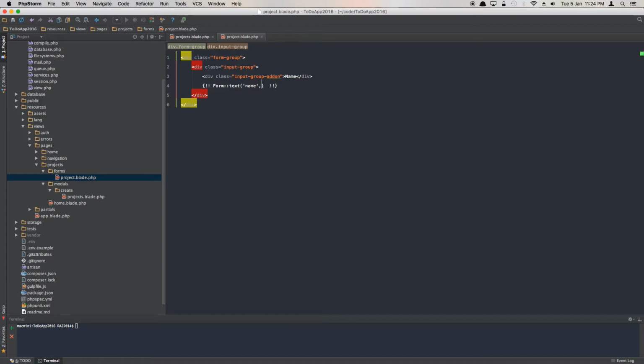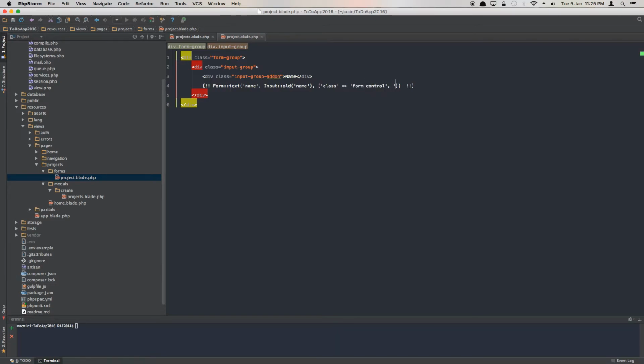And it's going to have input of all, because if for some reason your form comes back, because we're going to be setting up some requests where all the validation will be done. If the validation fails, it's going to come back with the old input, whatever input we provide. So we're going to use input all name, and then provide an array where we can give the ID or the placeholder and the class. So it's going to have a class of form control,